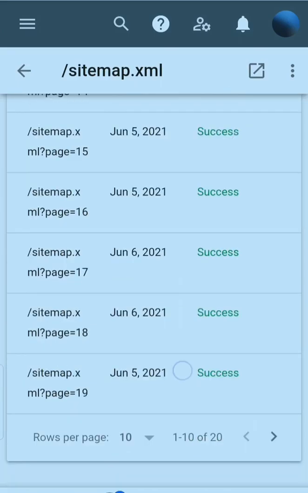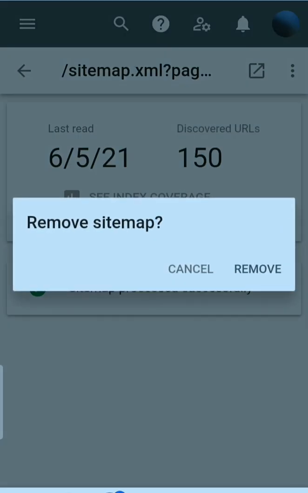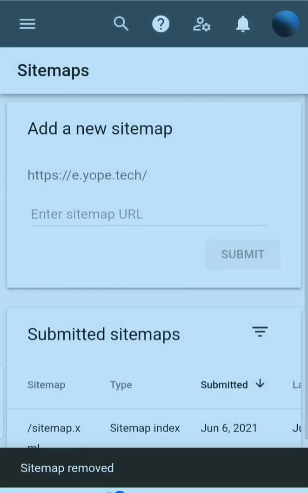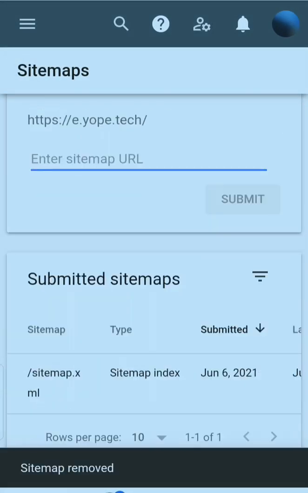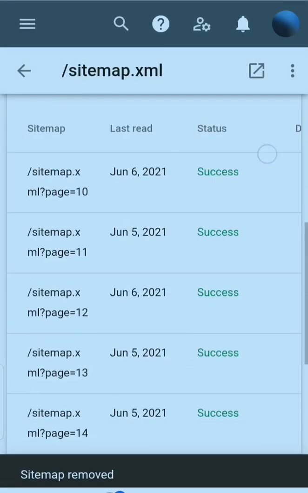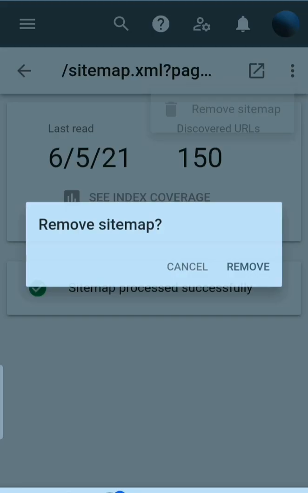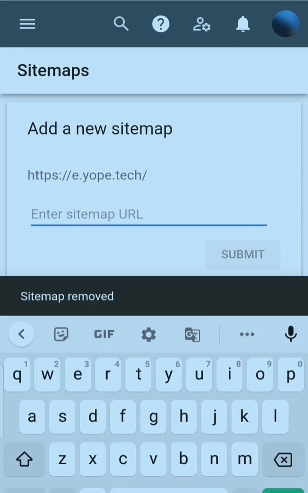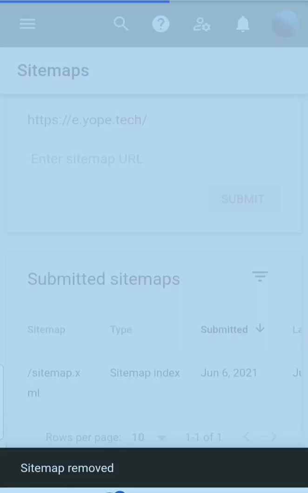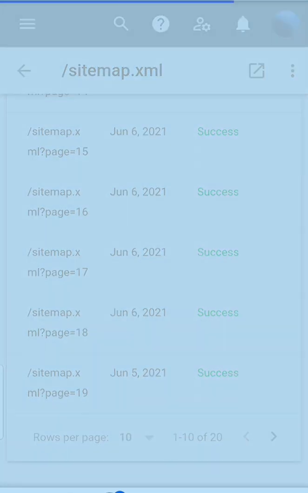So next, however many sitemaps you have submitted does not matter, you can delete all those sitemaps. In this way you can delete all the sitemaps, because if you are going to submit a new one, then there is no need of the old sitemaps.